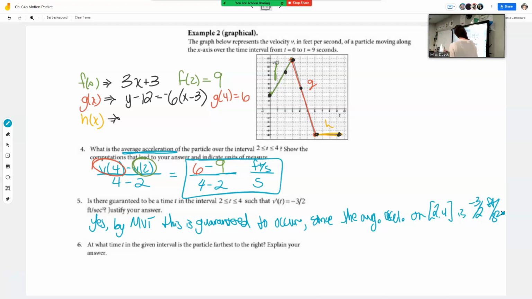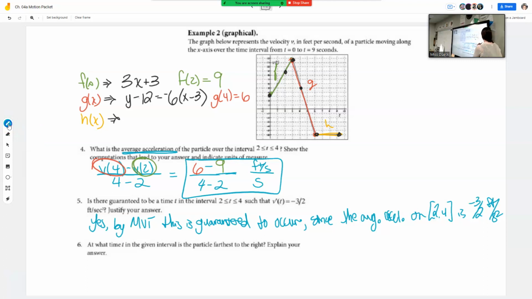Now there is one little dicey thing about this, since it's not specifically talking about motion. Oh, it is, never mind. All motion is assumed to be both continuous and differentiable. If this was a non-motion problem, I would have to somehow talk about, hey, yes continuous, yes differentiable, MVT applies so I can use it. I can't just say by MVT. I'd have to say why I can use it, but all motion is assumed to be continuous and differentiable.